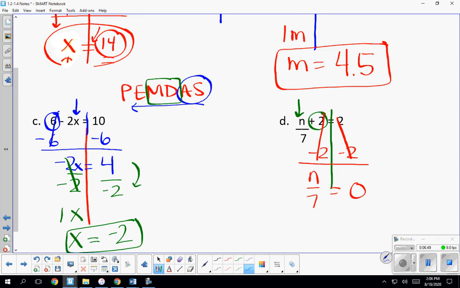Finally, because I'm isolating the n, I need to get rid of this division by 7, and the opposite of dividing by 7 is to multiply by 7. So 7 divided by itself is 1, and I'm left with just n, and 0 times 7 is